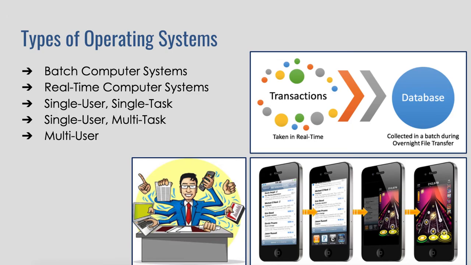Single user systems are obviously where a single person is using the system. It doesn't have multiple people logged in at once. But single user can be broken up into either single task or multitask. Now, when we speak about single task operating systems, this is where the operating system is only doing one single